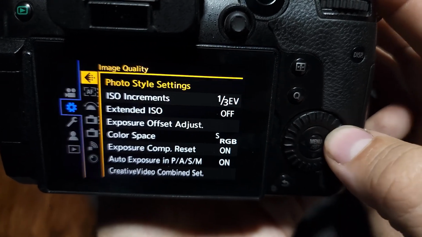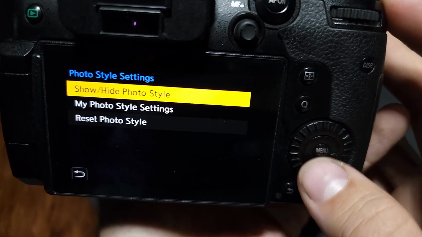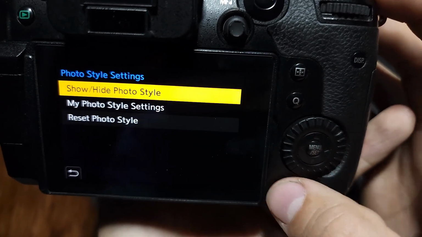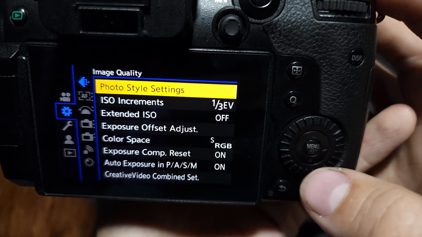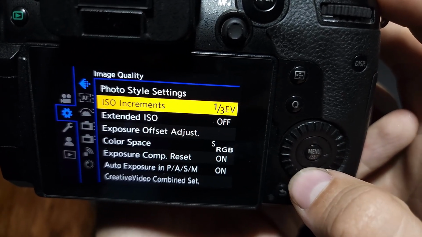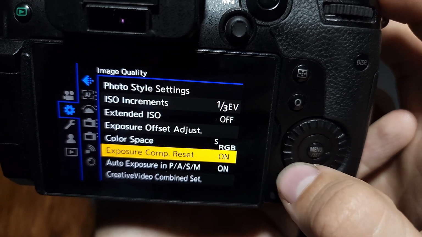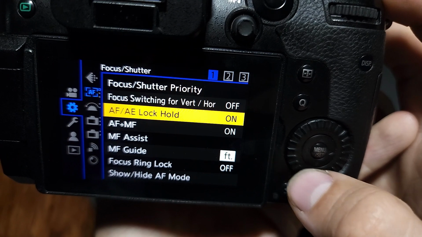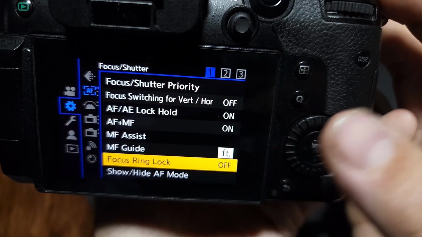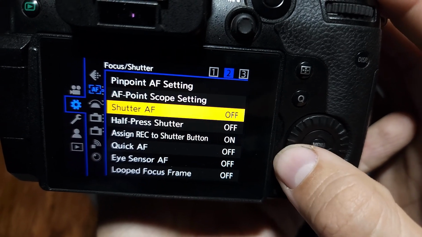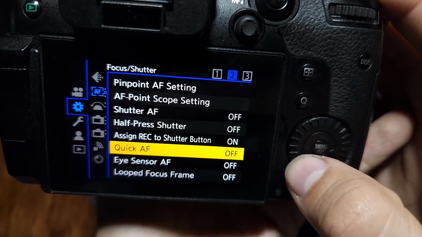Alright, let's go to the wrench icon here. So photo style settings. You can see that I hid a lot of the photo styles that I just don't use. Let's continue on. I use the back button here to get out of that menu. Let's keep going. ISO increments are 1/3 EV, of course. I do not use extended ISO. And you can load these options and see what I've done in these settings. So there's nothing else that's significant